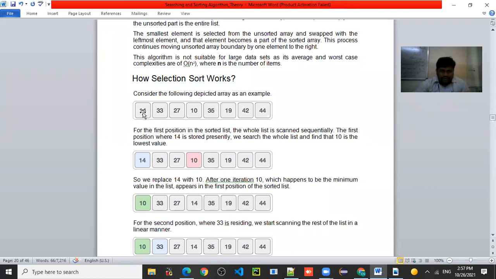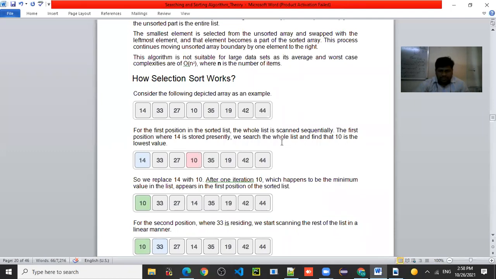पहिल्यांदा काय करा, first element consider करा 14. Now 14 you can compare with 33, 27, so 10. Now 10 is less, so you can consider 10. Now after that 10 compare with the next 19. Lowest element पहिल्यांदा एका व्हेरिएबल मध्ये स्टोअर करायचा आणि त्या व्हेरिएबलशी सगळे एलिमेंट कम्पेअर करायचे. नेक्स्ट लोएस्ट आला, त्याही पेक्षा लोएस्ट आला तर तो स्टोअर करायचा आणि त्याच्याबरोबर बाकीचे कम्पेअर करायचे. सो इन दिस वे विल आयडेंटिफाय द लोएस्ट एलिमेंट.